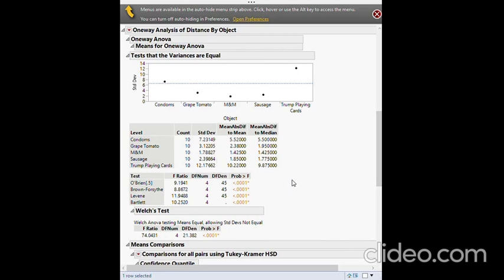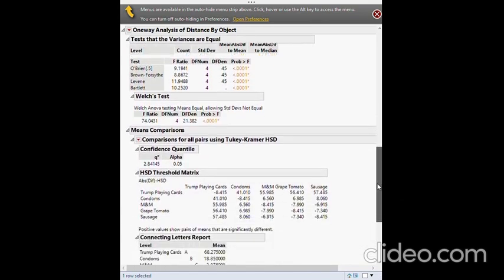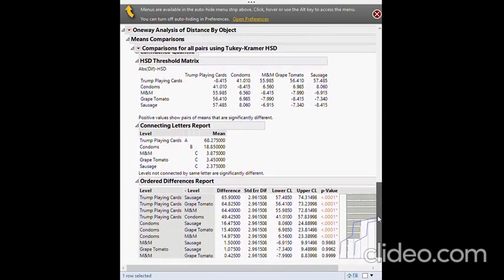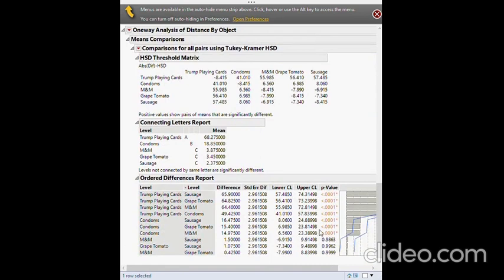Okay, and when we look at the equal variance assumption, we see that this fails miserably. All the tests across the board. Now, here's some numbers to memorize for you. As you see, all these are significant. This doesn't really matter up top. All these significant ones. This is the difference we're looking at. Sausage M&M, sausage grape tomato, and M&M: 0.986, 0.996, and 0.999. So these are virtually identical.